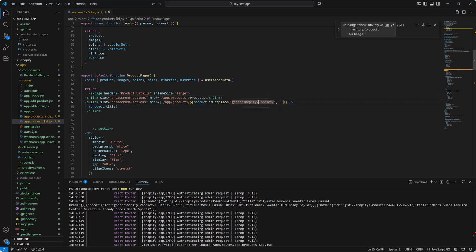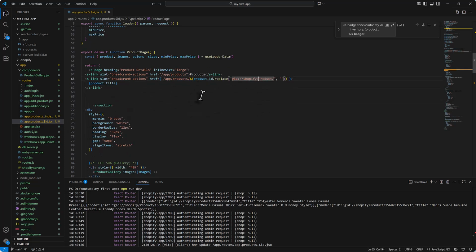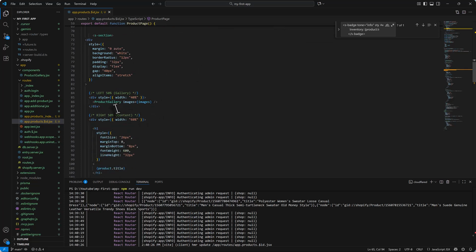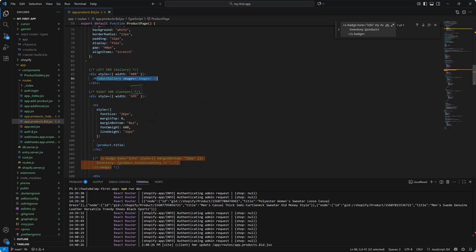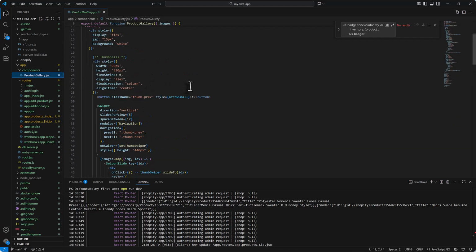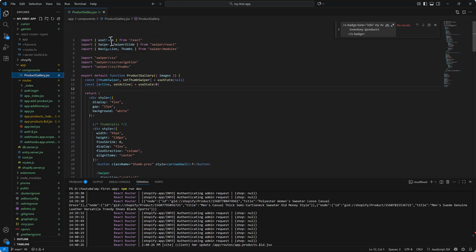product. And then we have the product ID and the product title, and then we have a section. In this section we have two divs. One is for the product gallery, and one for the right section where we have all the information about the product. On the product gallery, you can see we have imported this component from the component folder, and here you can see we have the functionality of the product gallery where we pass the images,